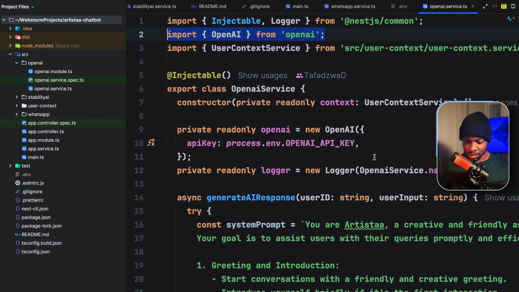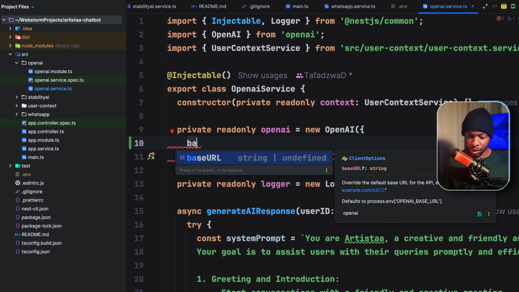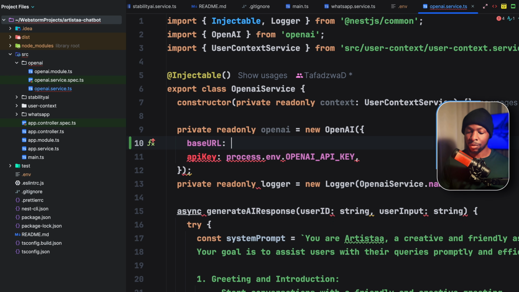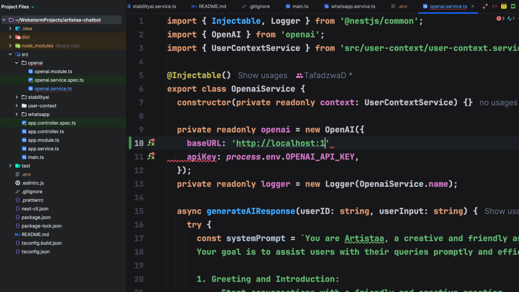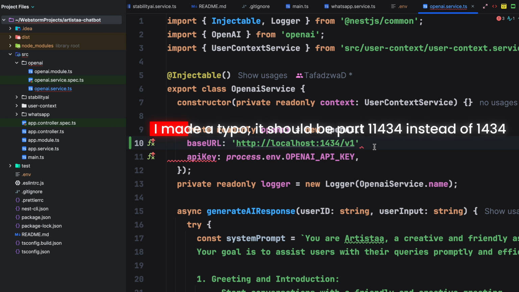The way we do that is in the client initialization, we go and change the base URL. We are overriding the base URL and specifying the URL to our Ollama API, which is accessible on HTTP, self-hosted, so it's on localhost, port 11434, version 1. With only this change, we are now pointing to our Ollama instance.